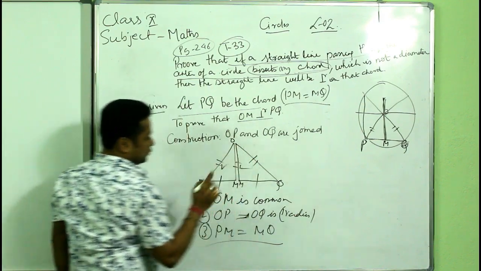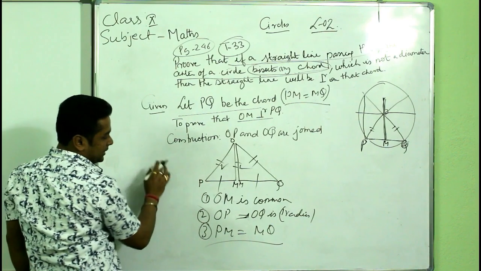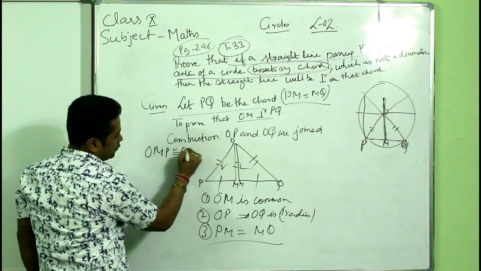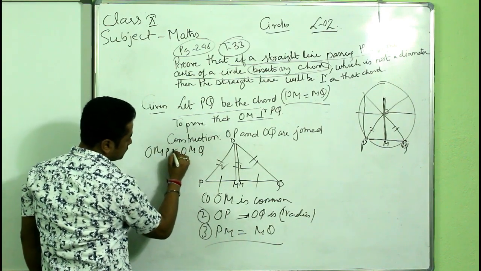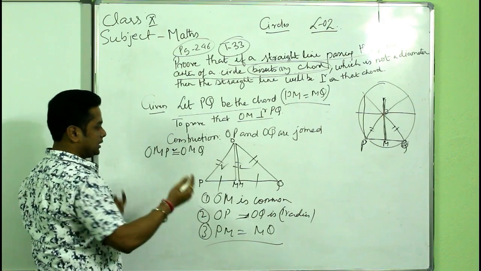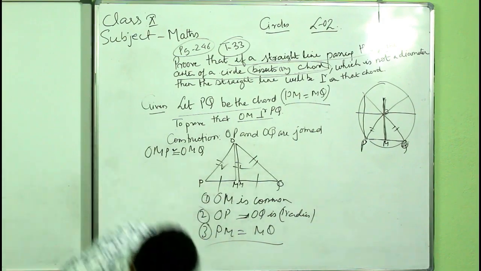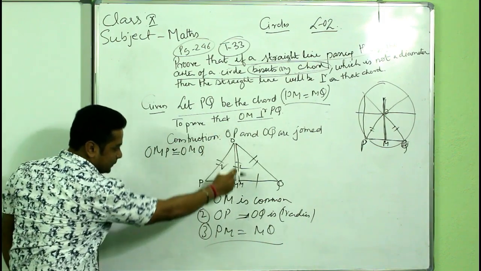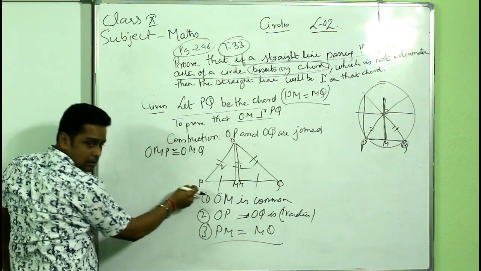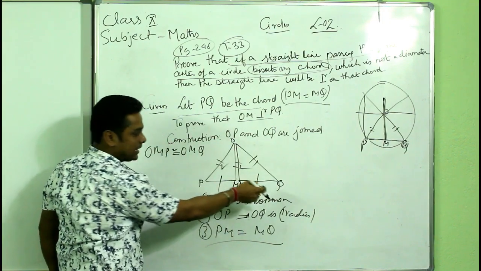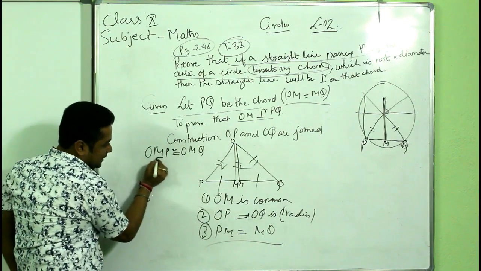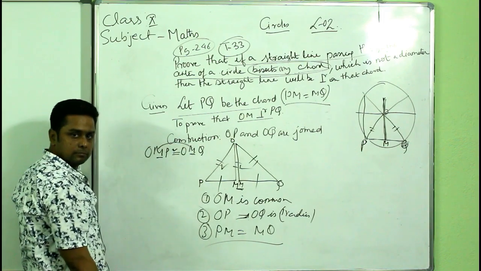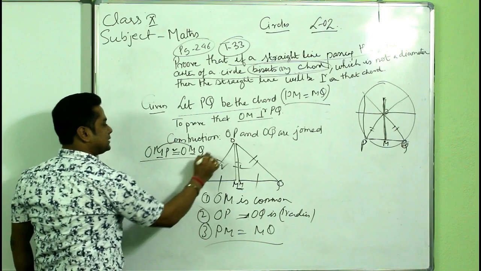That means, now, be very careful while writing how I am writing congruency. See, OMP is congruent to OMQ. Why? Sir, we can write MOQ. No, you cannot write MOQ like this. We have to see the pattern. I am going like this: OMP, so OMQ. I cannot write QOM. See the middle angle, M is equal to M. Getting my point? So we write it this way.